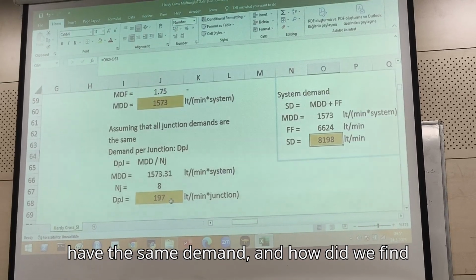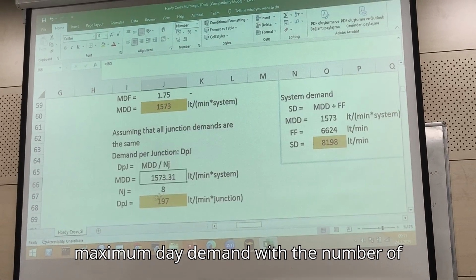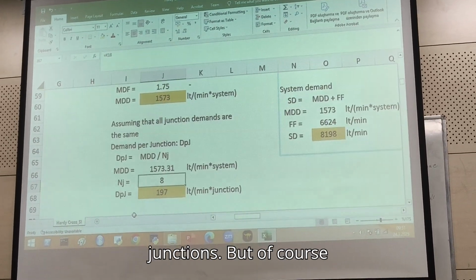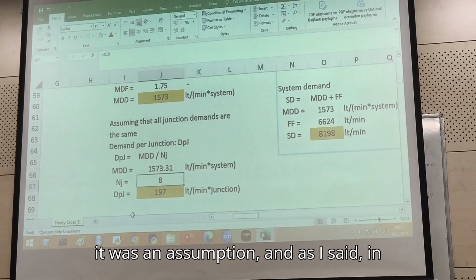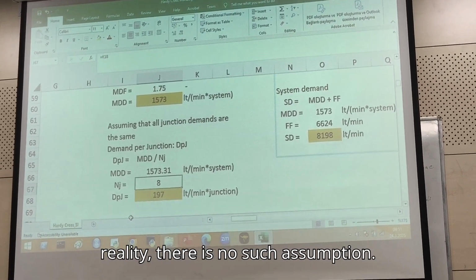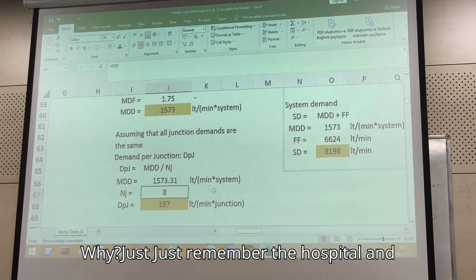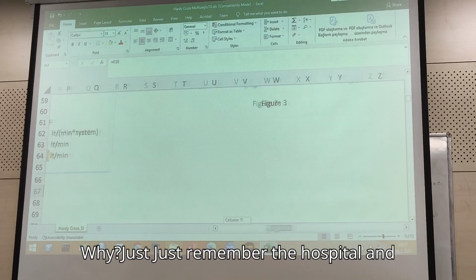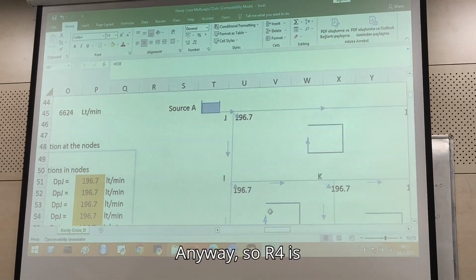And how did we find that value? We divided the maximum day demand by the number of junctions. Okay? But of course it was an assumption, and as I said, in reality there is no such assumption. Why? Just remember the hospital and Starbucks example on our campus. Anyway,